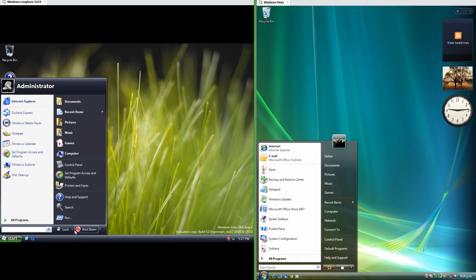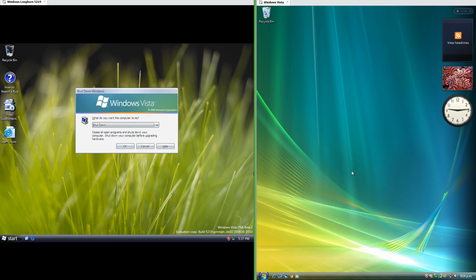In Vista Beta there is a lock and shutdown button at the bottom right of the Start menu. Each has an arrow next to it that brings up a list of options, and clicking the shutdown button shuts down. In Vista RTM at the bottom right of the Start menu there are standby and lock buttons and an arrow that brings up a menu with the rest of the shutdown and log off options.